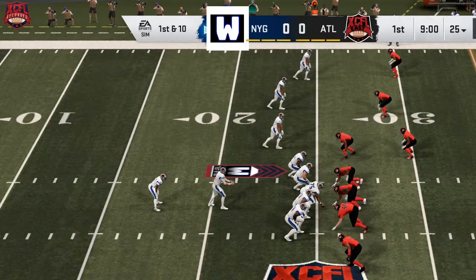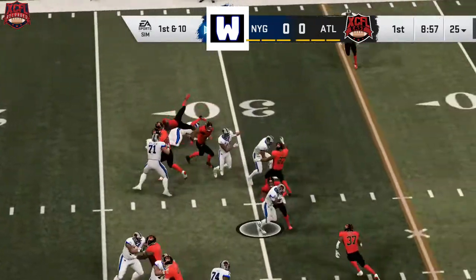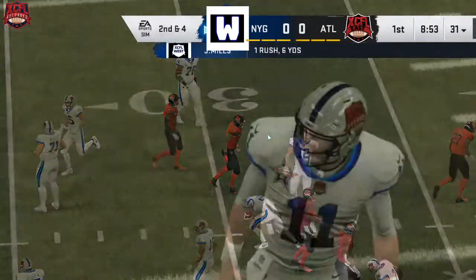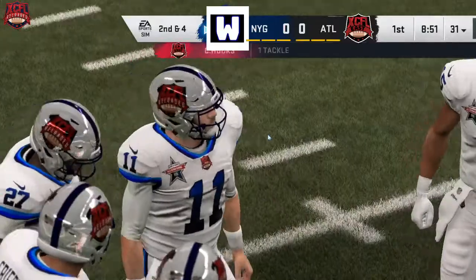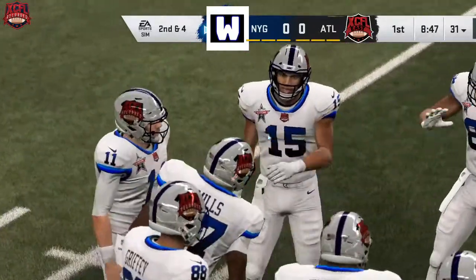First play of the offense for Team West. Doug Wilson with the handoff. West will be rocking the blue. That's your boy right off the bat, Jabari Mills, gain of 6. Jabari Mills, man, he is